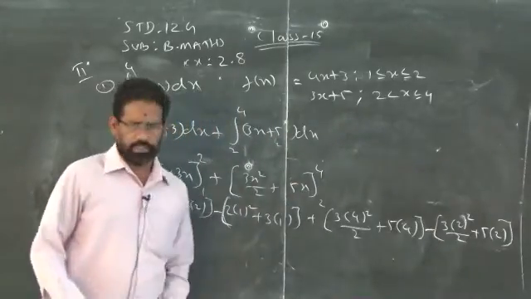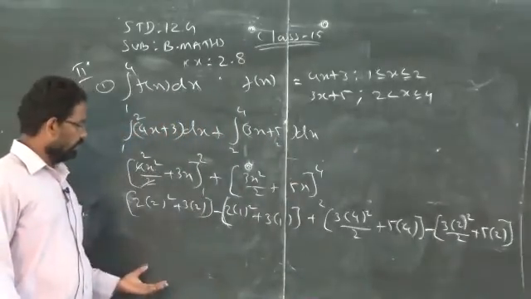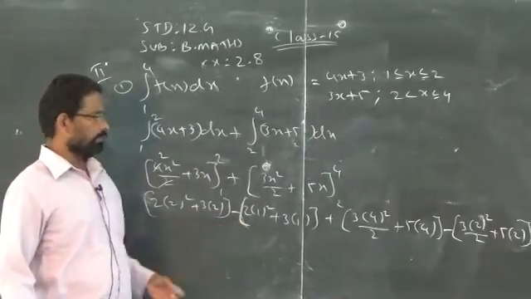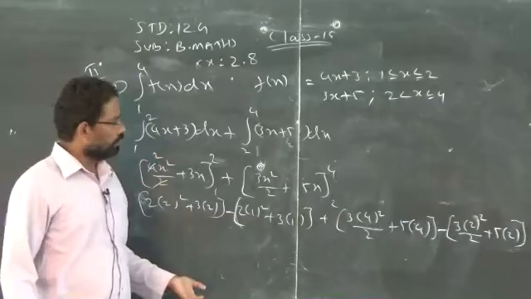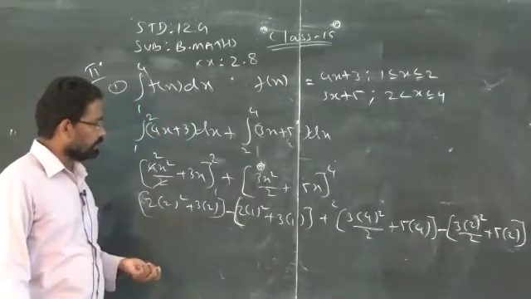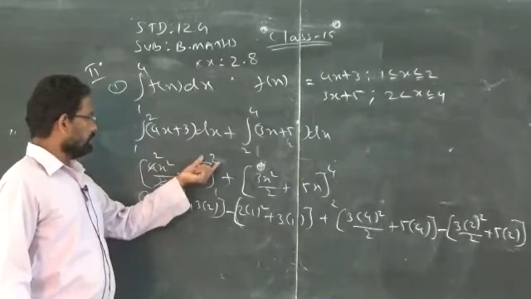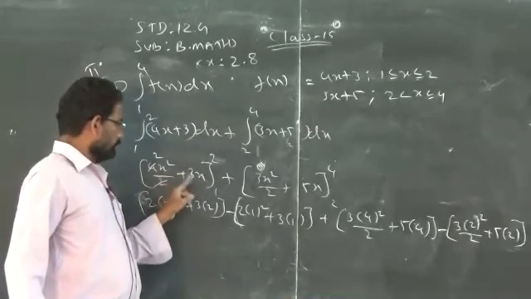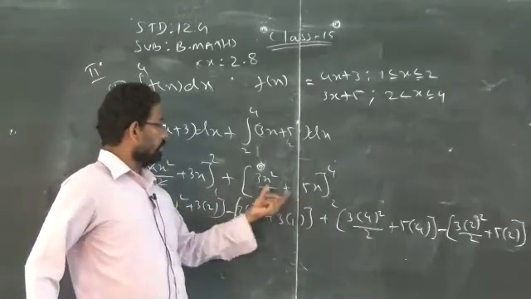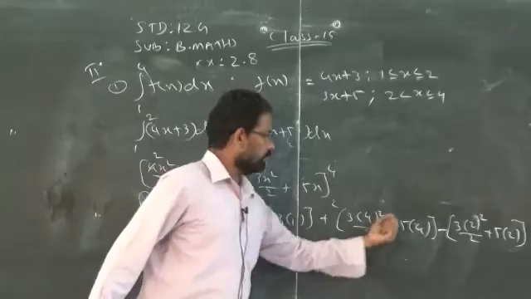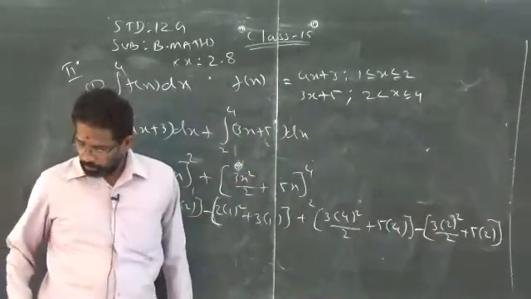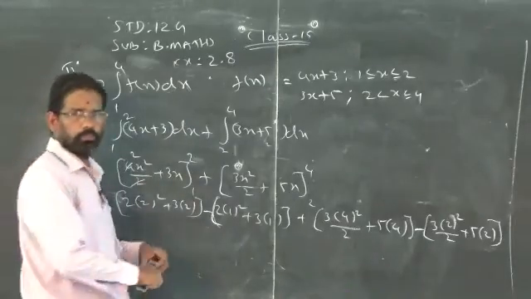Now you know how to simplify. Just simplify and you will get the answer. This is an easy simplification, so don't think it is a great problem to simplify. You have to simplify yourself at home, you will get the answer. Clear? So be careful of using the limits and signs. When you replace the upper limit for both the terms in the place of x, then minus the lower limit. Then the next one, that is plus. So again upper limit minus the lower limit. Simplify, you will get the answer. Then we will go to sum number 2.